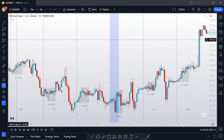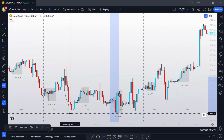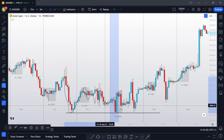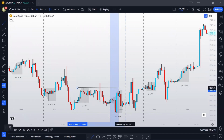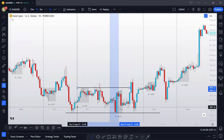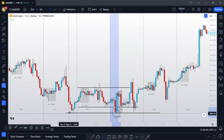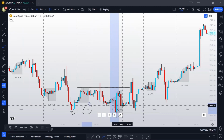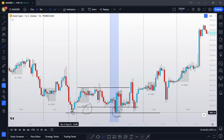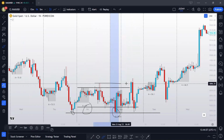What happened? They set the low of the week here, right? And what happens? The market set the low of the week and then begins to consolidate, right? Build liquidity above, build liquidity below. Then what happens? So market makers build liquidity above here, build liquidity below here. Then what happens? They go down there, take out the liquidity, also coming and retesting this low of the week, also low of the previous week, because this is Friday and this is Monday. So they go and retest the low of the previous week, go back up, take out the liquidity above here,